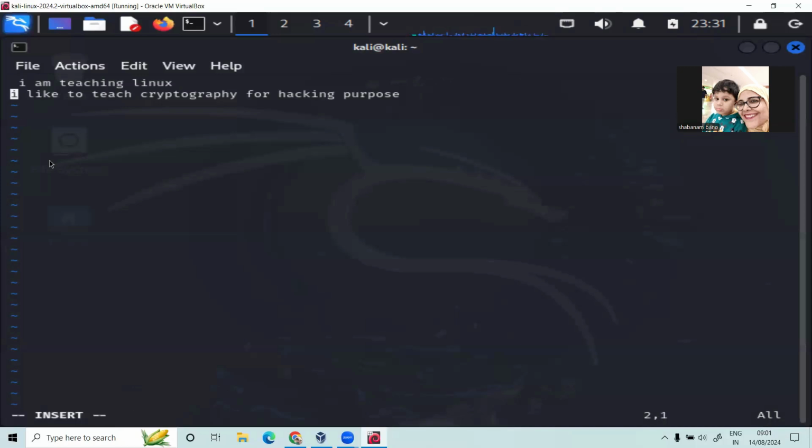Now I can add additional information inside this file. I am a researcher in cybersecurity field.